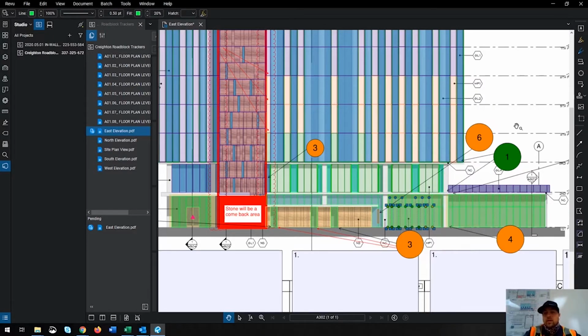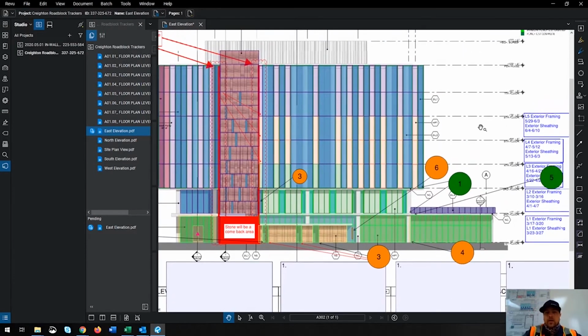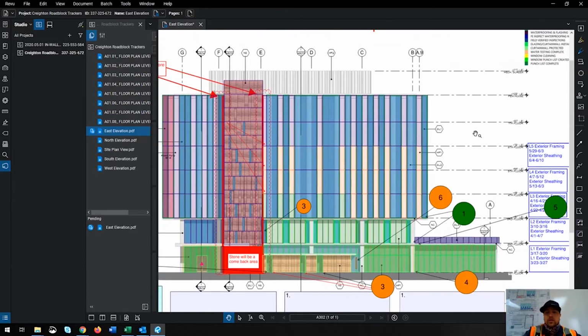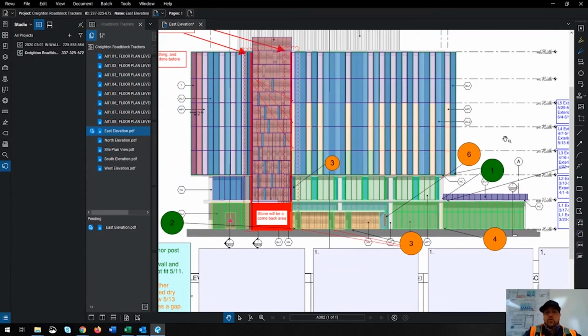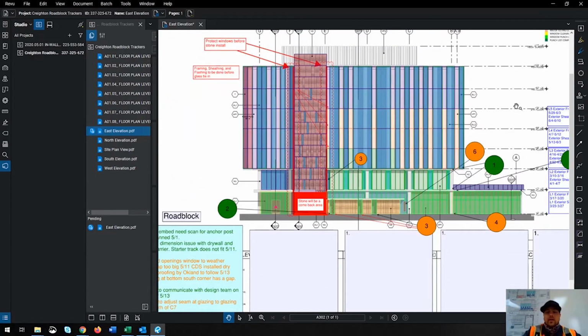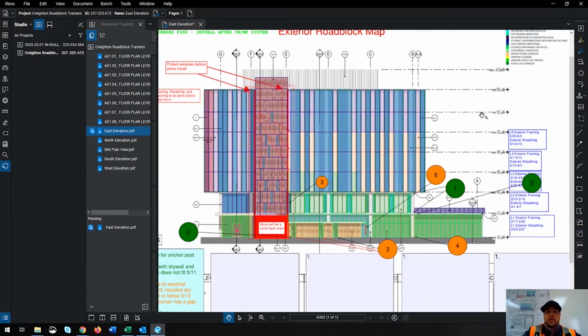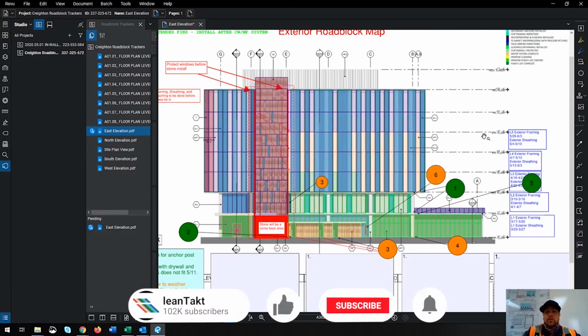All those panels will be set to that status. That's a great tool to use to just have a quick overview of what's happening on your site. This is great to share with anybody that might not be able to make it out to your site. So you can give them a real-time view of what's been installed, what's been inspected,